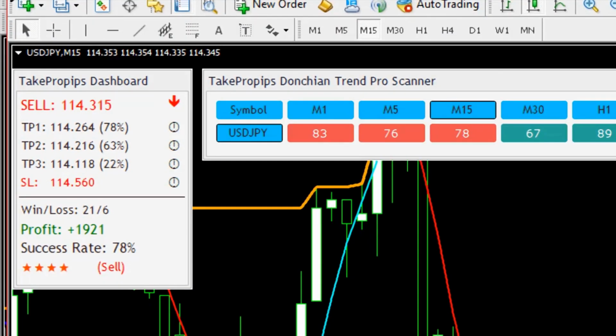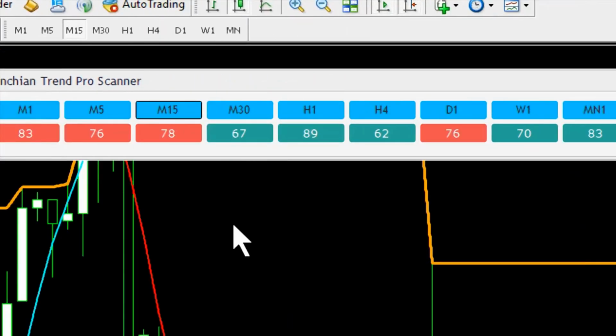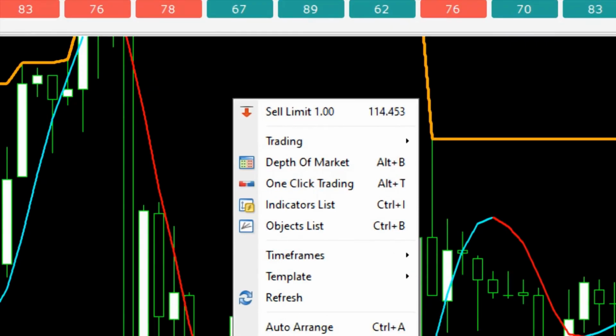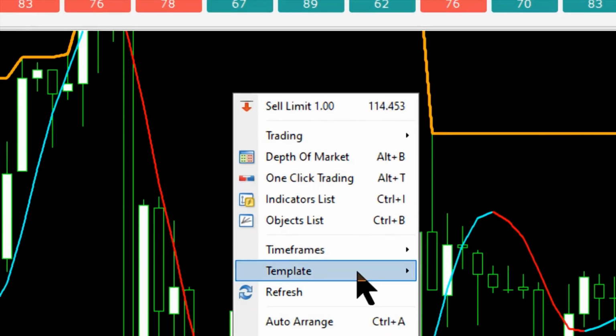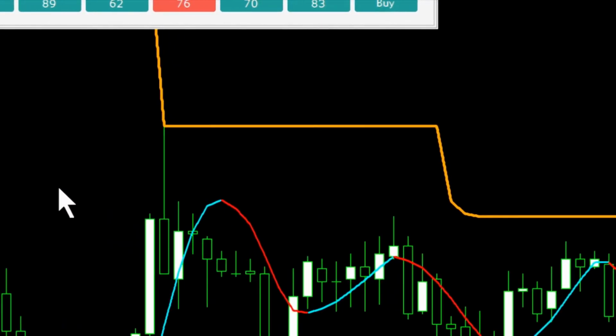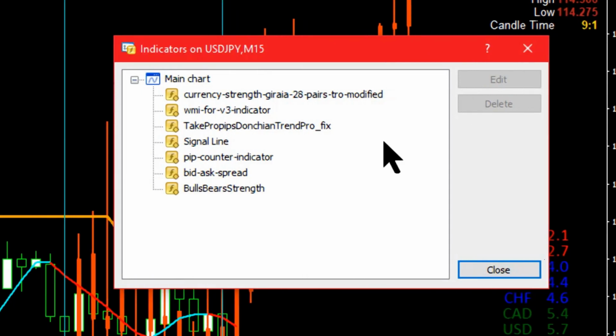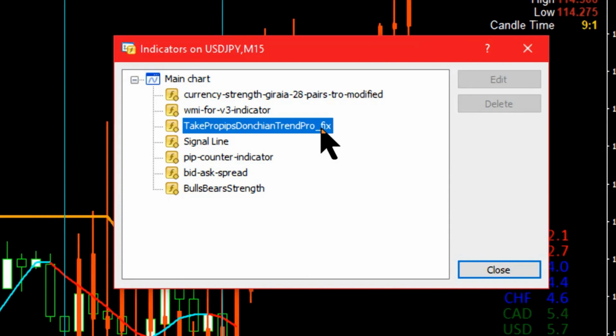Right, I'm going to make this box disappear, because I don't want too many indicators advising me whether to buy or sell. Okay, so right click and then go to the indicators list, and if you recall, this one is called the Take Pro Pips. So just click it and then edit,